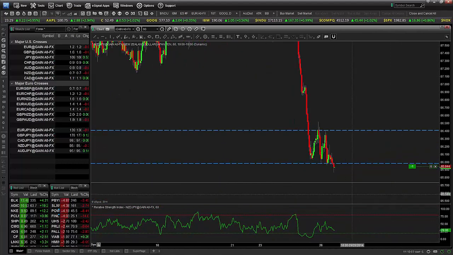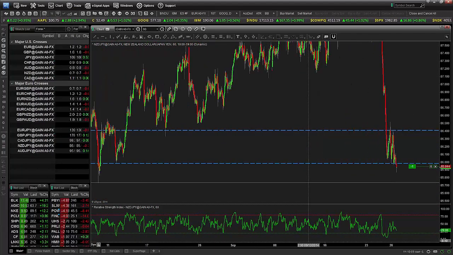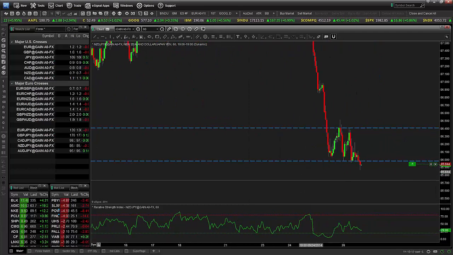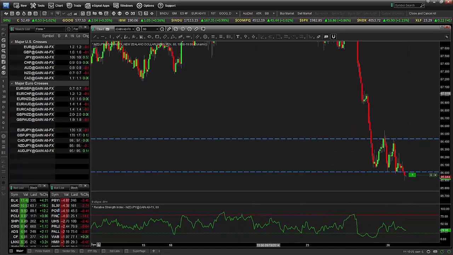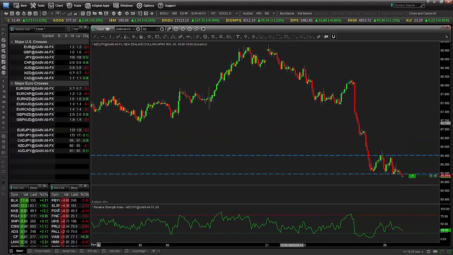So anyway, what I'm getting at here is there is some potential continuation move to the downside, especially as weak as New Zealand has been, where we could see a significant move. We'll just have to wait and see what happens throughout the rest of the week. I would expect, given when this filled, to have a little bit of pain here towards the beginning of next week, but that's trading, so... Anyway,